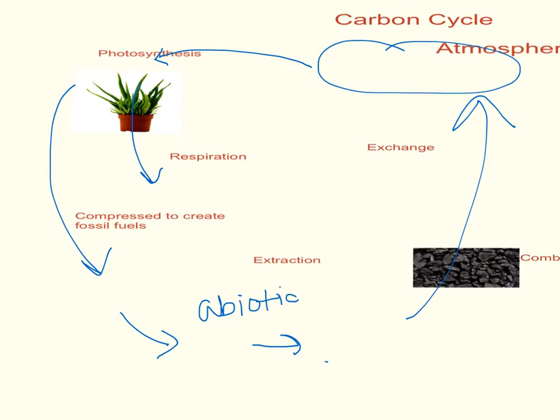But this biotic cycle, and the biotic is up here because it involves the plants, which are living. The biotic is then transferred, because it's absorbed by photosynthesis. By the time you get here, there are no living products, which does make it the abiotic cycle, because the plants have died and are being compressed. The biotic cycle goes from photosynthesis to respiration, and then there's an even exchange between